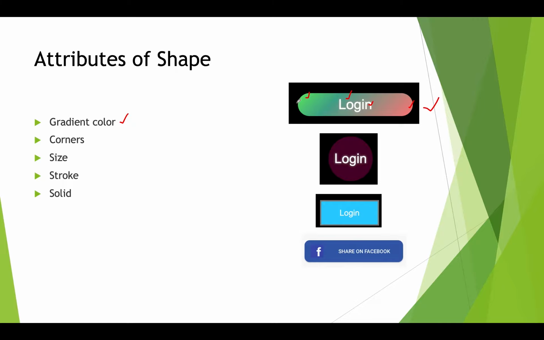Even if you see there is a corner, there is a radius, we can call this one shape. This is a circle. How do you design it? By using the corner attributes. If you want to define width and height, you can use the size attribute, or while you are designing the UI screen, you can define both. And we have one more, the stroke. When I say stroke, if you observe this button, everywhere in the corners there is a stroke. If you want to apply this type of stroke, you need to use the stroke attribute.